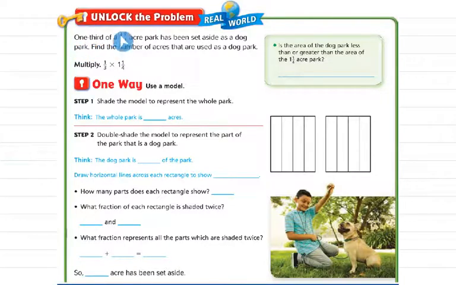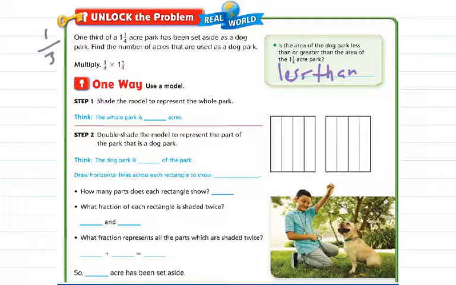1/3 of a 1 1/4 acre park has been set aside as a dog park. Find the number of acres that are used for the dog park. So we're going to focus on this green square here, and it says, is the area of the dog park less than or greater than the area of the 1 1/4 acre park? Well, we would say that the area is less than, because the park we know is 1 1/4, and we know that 1/3 of this area, or in fraction form, 1/3, will be set aside for the